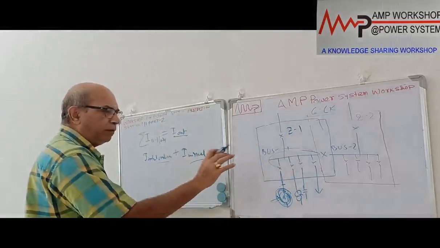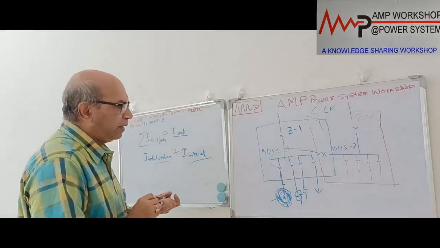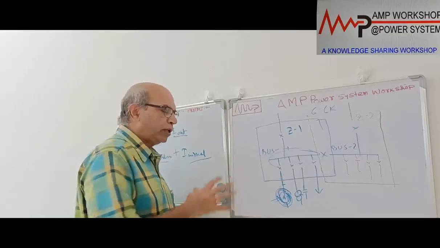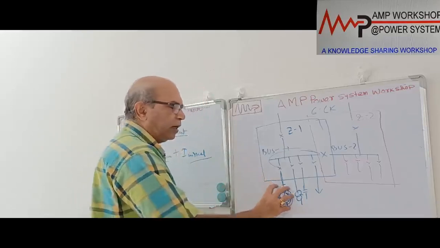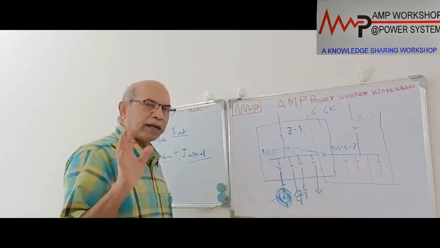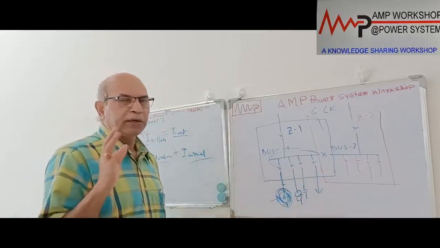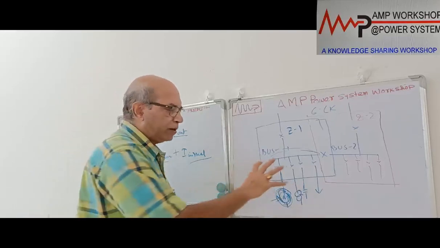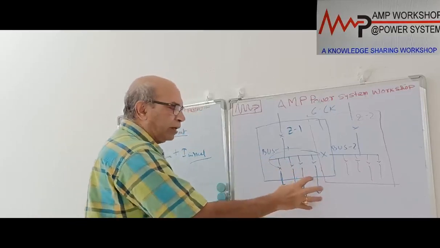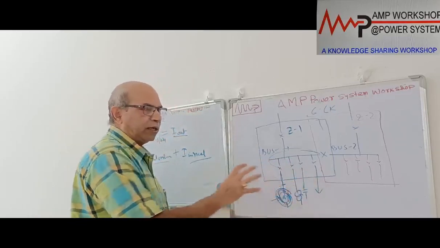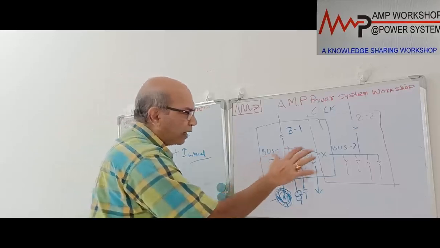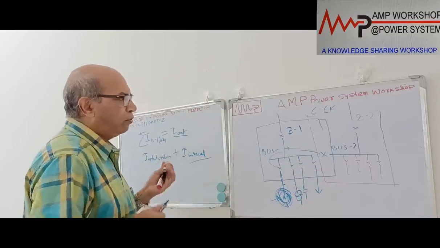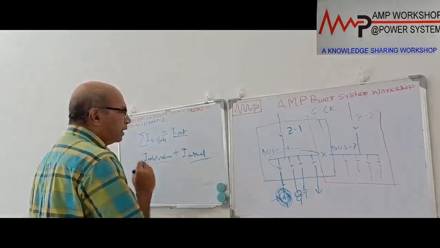So that we calculate from the load figure. And if the running load figures are not available, in that case what do we do? We take the biggest load starting current plus all other feeders' connected load with 80% margin, because all the loads, whatever the nameplate rating, normally we run at 80% of that. So we calculate the current at 80% of the nameplate rating, plus the biggest load starting current, and that will be the total current connected to this bus section 1. That we will consider. Then the basic principle, this is the total I current.